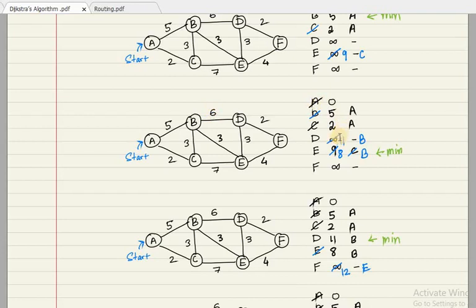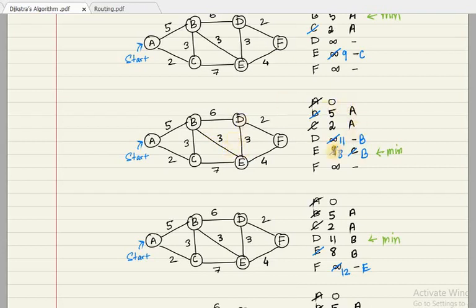Okay, so it is 11, and what is the previous node with respect to D? It is going to be B, and as you can see here, it has been updated to B. Now if you look at the next link, which is B and E, then E already was 9 here. So let us see what happens. If you consider from B to E, B is already 5, and 5 plus 3, the new cost that we have here, is going to be 8. So 5 plus 3 is going to be 8, but earlier it was 9.